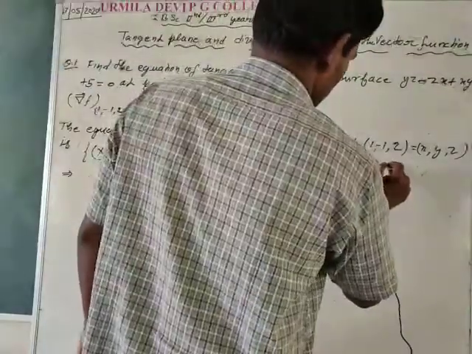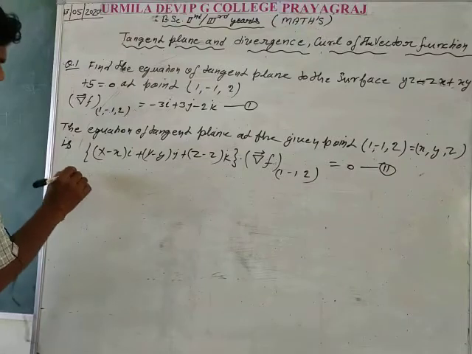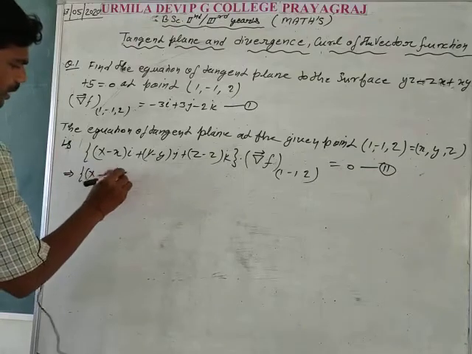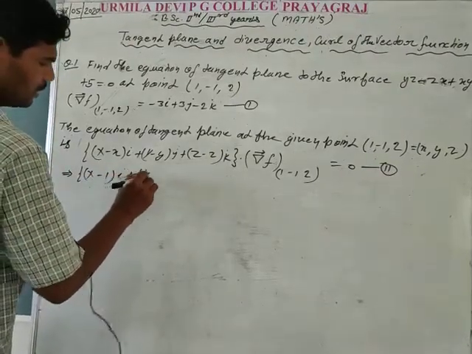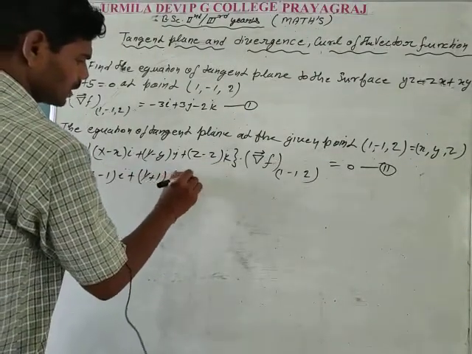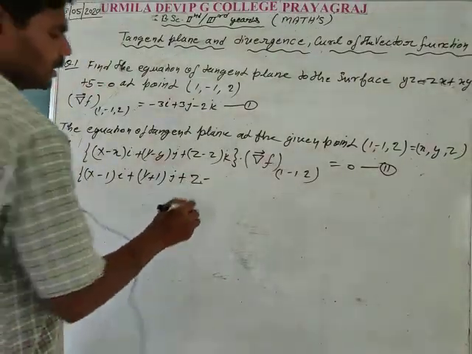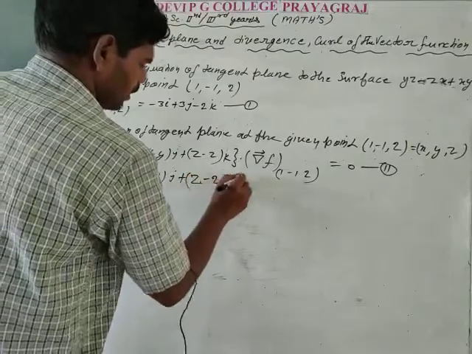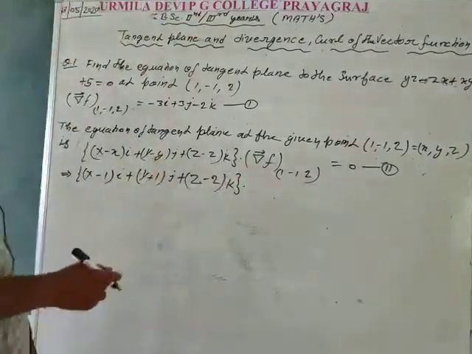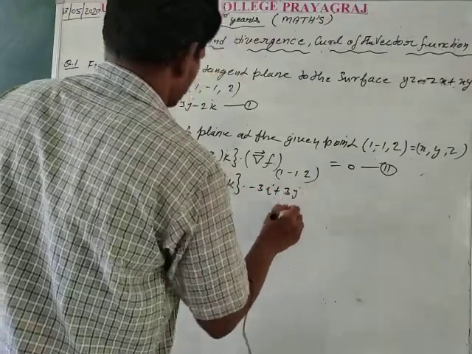Here is equation second, you can consider. So putting all the values, write in the form capital X minus small x is equal to 1 times i plus capital Y minus small y is equal to -1, so here +1 times j plus capital Z minus small z, z is equal to 2, so putting here 2 times k, and taking dot product of del f, putting the value of del f from equation first, which is minus 3i plus 3j minus 2k